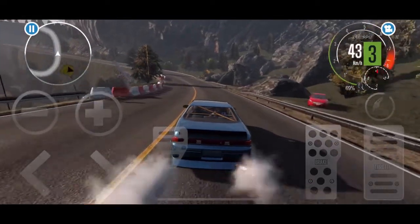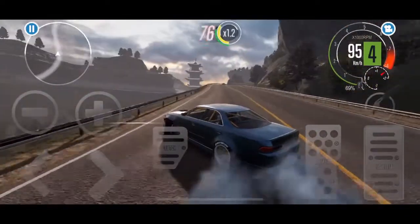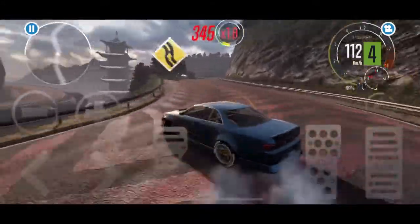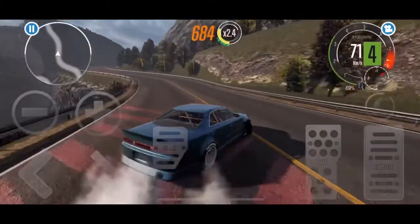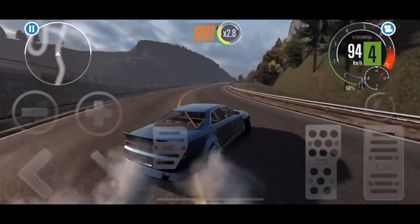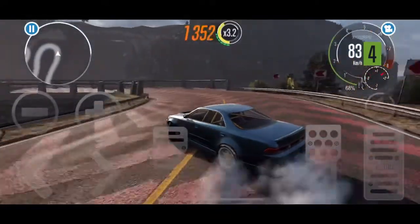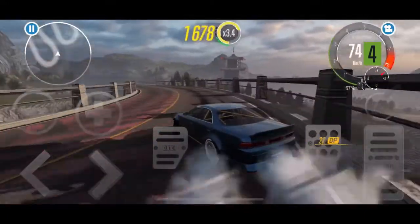Alright, so now we're here at Cami Road. Just gonna try to show you guys some more wall ride type stuff, hitting inner clips. Just trying to work my way around the track here, hoping the audio comes through okay over the sound of the vehicle. You'll notice in fourth gear almost all the time on this track I'm pretty much riding the limiter. There's a couple spots where I overshot some turns in this one, but